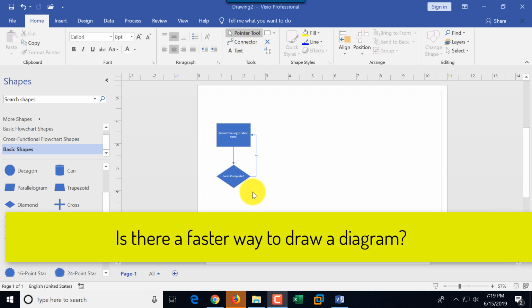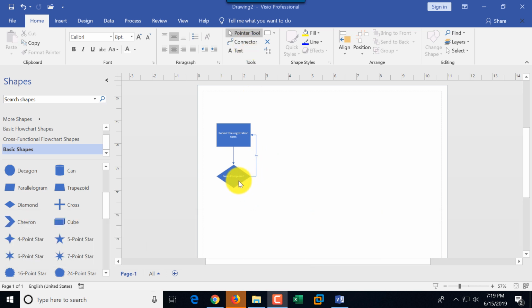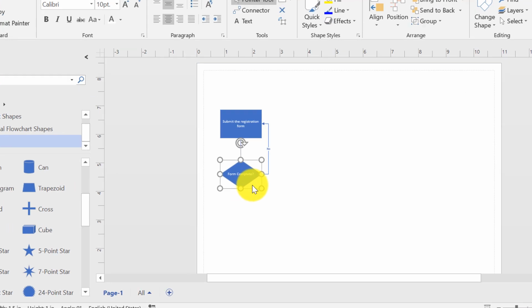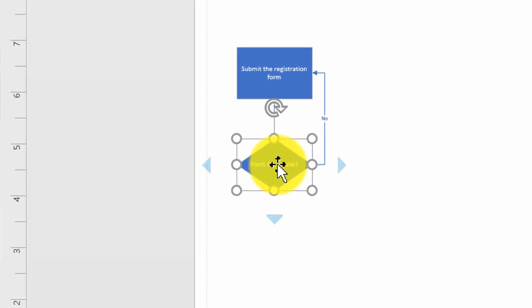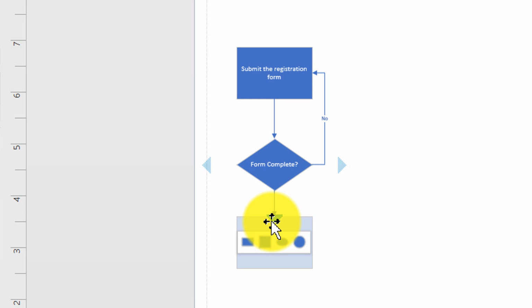So fortunately Microsoft created much easier way for us to add additional shapes. To do that, you need to select, for example, diamond, and you know that the next shape would be a rectangle. So what you do, you hover, and you see this light blue hovers available in different directions where you can actually add a shape. And I did not click anything, I just hovered, and you see that I have rectangle, I have square and circles here. So I'm just going to select rectangle,